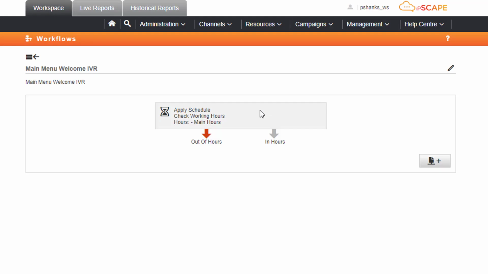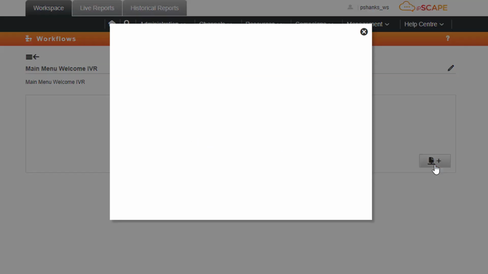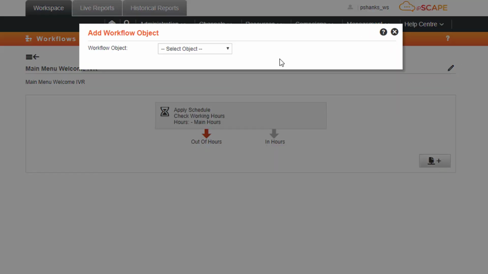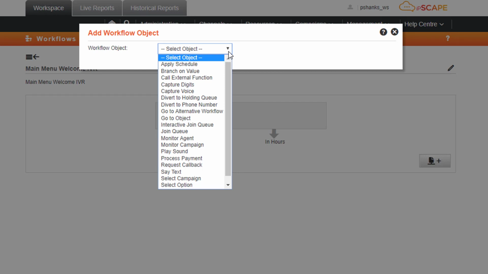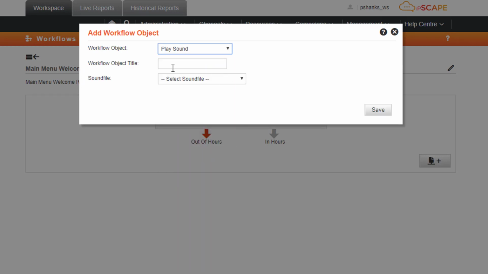So that's our first object, and that gives us two options. So if it's out of working hours, it goes down this path, and if it's within working hours, it goes down this path. So we'll just give some options for out of hours. We're just going to play a message. So we go again to create our object or add an object, and then we can go play sound, and then we can say this is out of office